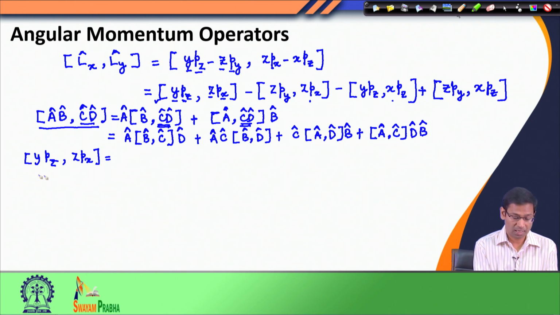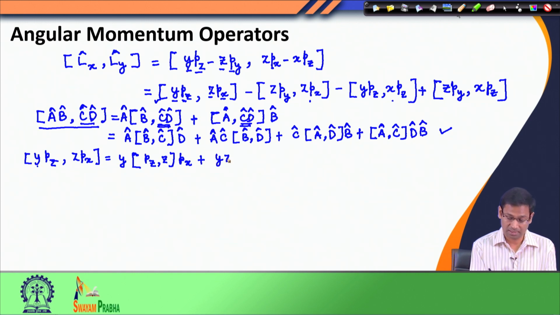So, when you look at this, my operator A is y, operator B is Pz, operator C is Z, operator D is Px. So, in this case I can simply write down A as Y. I am using this relation of this line over here. So, BC is Pz, Z, and D is Px,